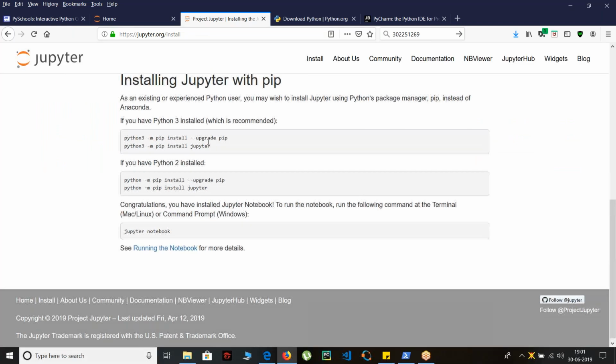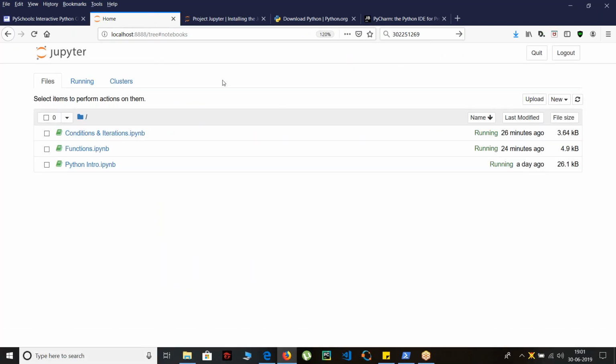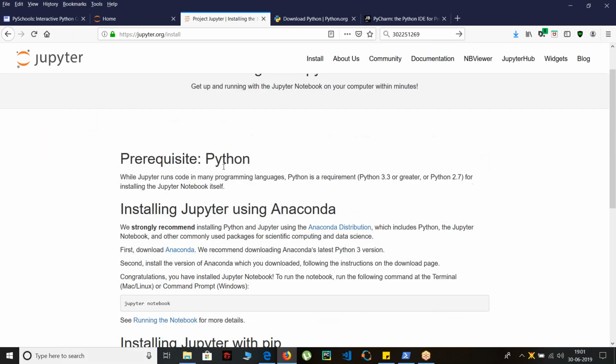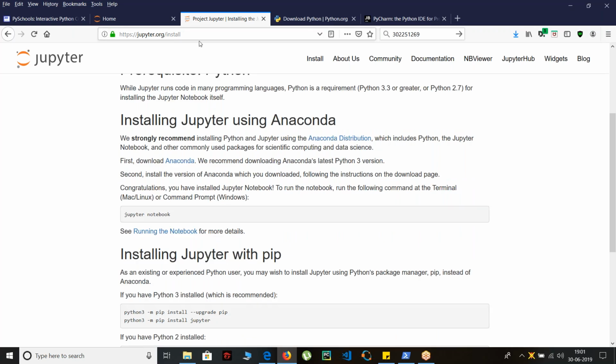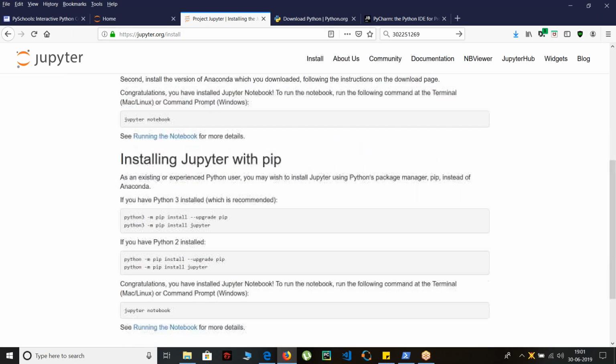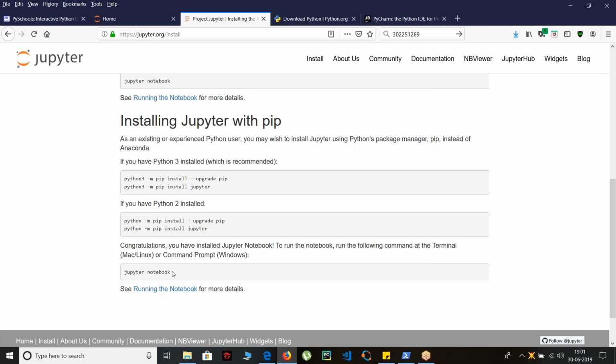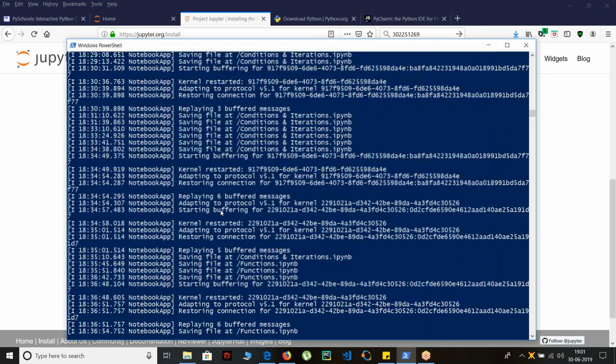like which Python version I'm using. So I'm using Python 3.6.5 version, and this is a Jupyter notebook. So this is an open source IDE for programming in Python, and you can get it from this link. There are just two basic steps which you need to do, and a simple Jupyter notebook command to run it. So this you can run from your command prompt in Windows or your terminal from your Linux or MacBooks. So here I have a Windows PowerShell in which my Jupyter notebook is running,